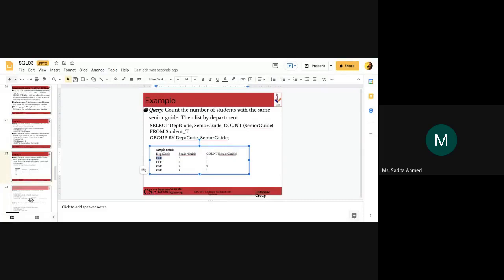So dept code EEE, এটার বেসিসে পুরো একটা গ্রুপ ক্রিয়েট করা হবে। All rows where dept code values EEE will be grouped together. সবগুলোকে একসাথে গ্রুপ করা হবে, ঠিক আছে? And then ওই গ্রুপের ভিতরে আমি সাব গ্রুপ ক্রিয়েট করব বেসড অন সিনিয়র গাইড ভ্যালু। আমি দেখলাম EEE গ্রুপ যেটা, that is EEE যে রোগুলোতে ডেপথ কোড ভ্যালু EEE, ওই রোগুলোর মধ্যে সিনিয়র গাইড ভ্যালু আছে 5, এমন রো আছে একটাই রো। সো ওই রো এর একটা গ্রুপ ক্রিয়েট করলাম।